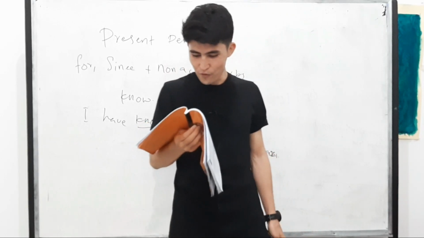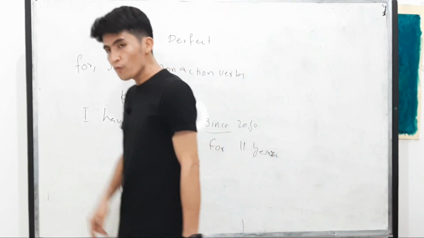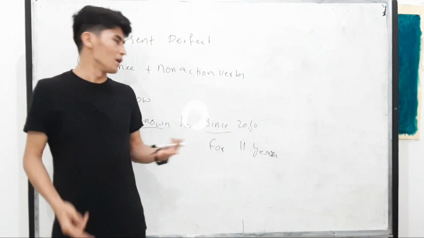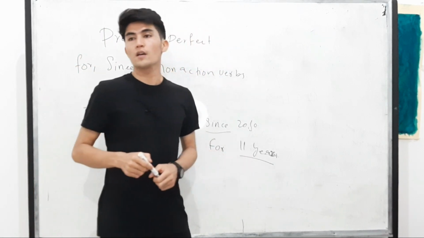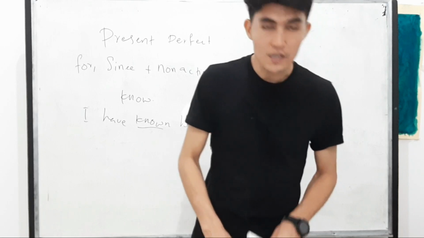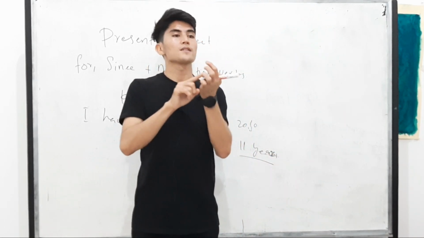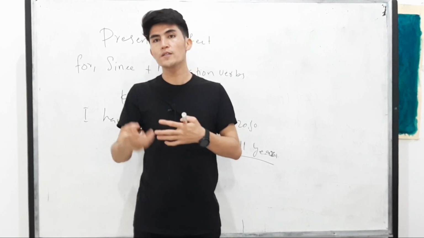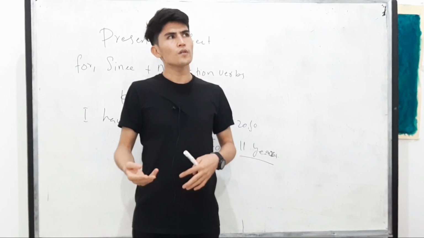We use for plus a period of time. Okay, so it is very clear. We use for plus a period of time, like for 11 years. Now, for 11 years is a period of time, right? And we use since plus a point of time. So we use for plus a period of time, like for 2 weeks, for 3 years, for 11 years, for